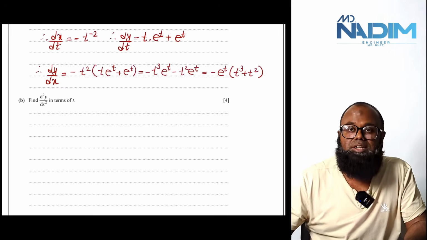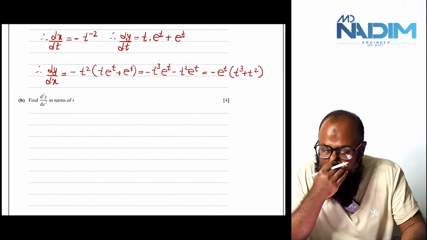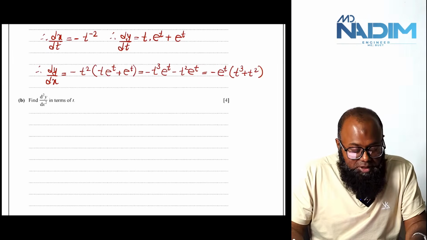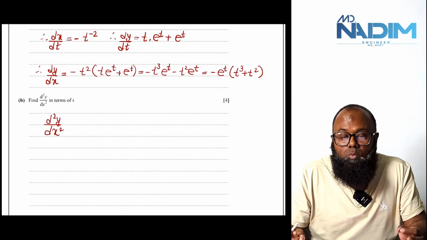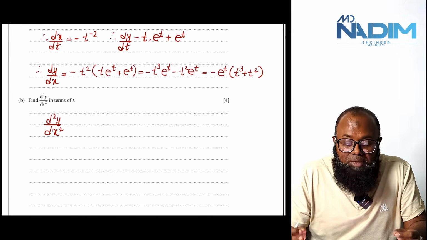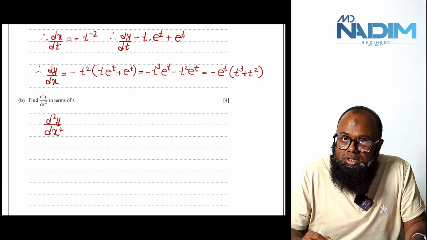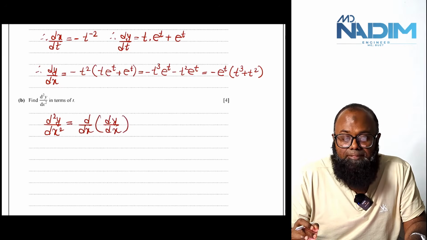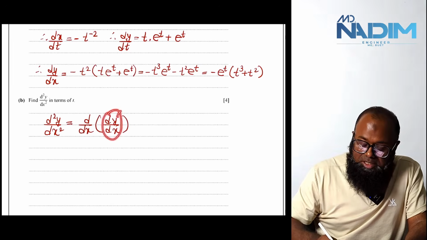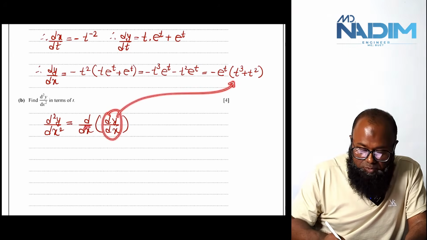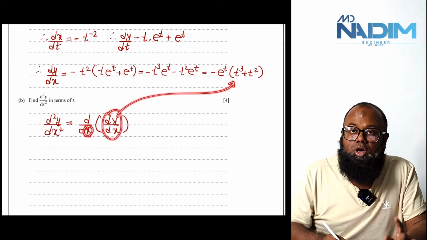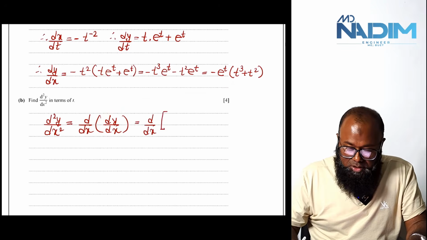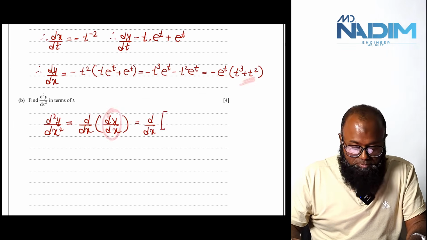Now, to find the second derivative in terms of t, how to do that? I know dy by dx in terms of t. Now, if I want to get the second derivative, I must understand the meaning of d squared y by dx squared. So d squared y by dx squared is actually d by dx of dy by dx. Now, as we know that dy by dx is in terms of t, I have to differentiate with respect to t, not with respect to x. It cannot be done. So I am writing it like this: d by dx of dy by dx, this one, minus e